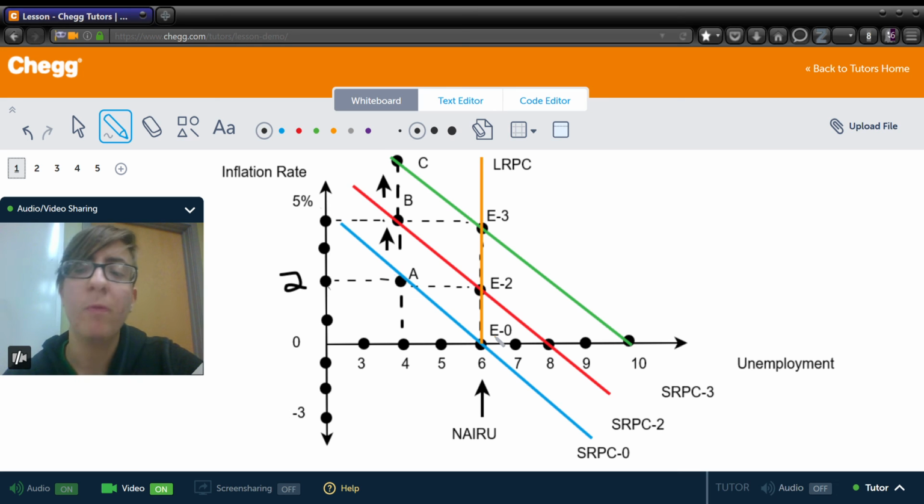So to go over everything one last time, the short-run Phillips curve is the negative relationship between inflation rate and unemployment. So higher inflation rate, lower unemployment. Higher unemployment, lower inflation rate. The long-run Phillips curve is a curve that represents the fact that over the long run, inflation rates and unemployment, the perfect point is NAIRU, which is also your long-run Phillips curve, because inflation rate does not affect the unemployment